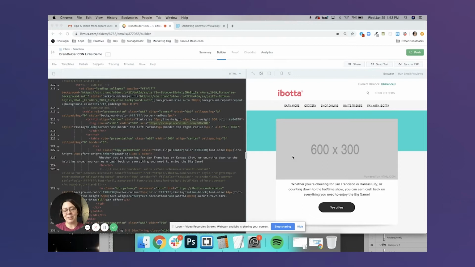I am the Manager of Marketing Development at Ibotta, a rewarded shopping app. And today I'm going to walk you through a couple of ways that we use Brandfolder CDN links throughout our email communications. For starters, we use CDN links to embed images into our email communications that we send out to